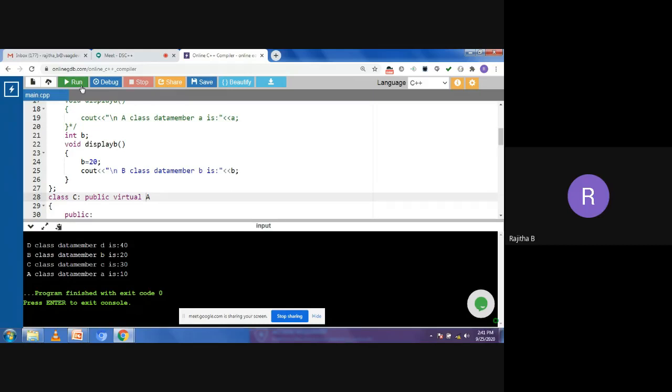And in C class, take which branch and which department, like that, as some data. And in D class, you need to derive all of those. Using the D class, I need to display all the values: the roll number, name, your marks, and which class you belong to. I need to get all the details from the D class object. Okay, is this clear?